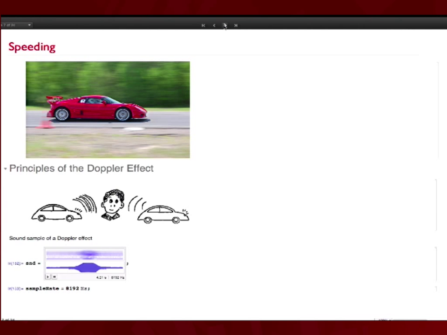And of course, also in some places you have a speed limit here, and you can use Mathematica to measure the speed. And you can do it very simply. You just have to put up your iPhone, iPad, your computer or whatever, record the sound of the car driving by, and just by the sound of the car driving by, you can determine the speed in Mathematica. And that's what we're going to do now as a kind of a signal processing